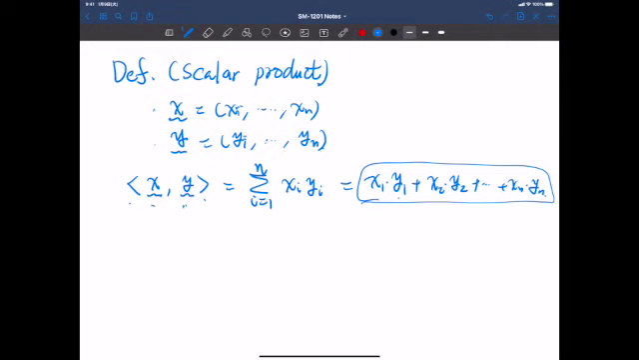Okay, because x1 is a real number, y1 is a real number, so this is a product between two real numbers, and then we add n real numbers, so the result is a real number. That is to say, the result is a scalar, rather than a vector. The result is not a vector, it's a scalar. Therefore it is called the scalar product. And this scalar product is also sometimes called the inner product